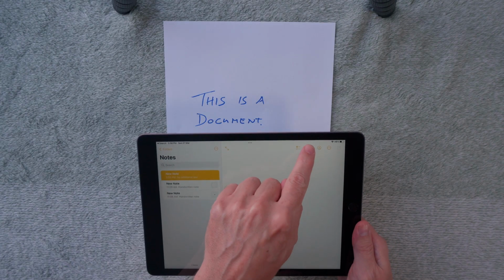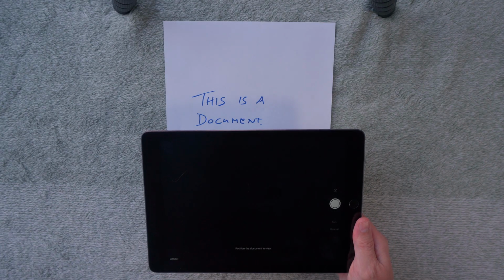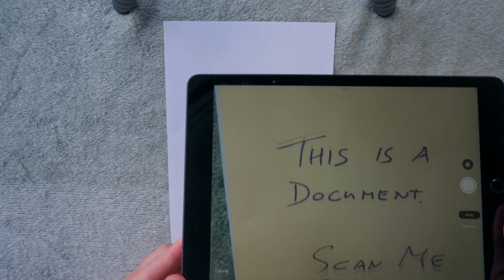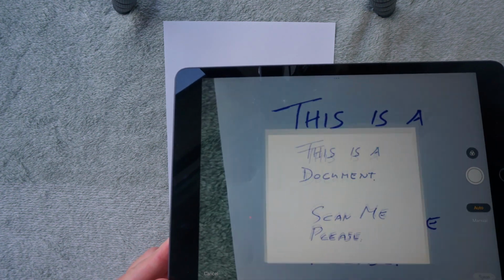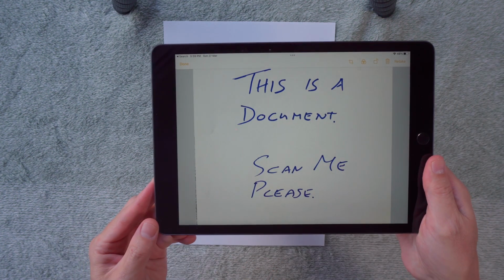If you have an iPad, then you don't need a dedicated document scanner like I've got over there, because the iPad will scan documents for you. To do that, all you need to do is open the Notes app on your iPad. Then on the top of the screen, there is a camera icon. Click on that and then click on Scan Documents. It will then take a picture of your document and create it into a PDF, so you can do whatever you want with it after that.